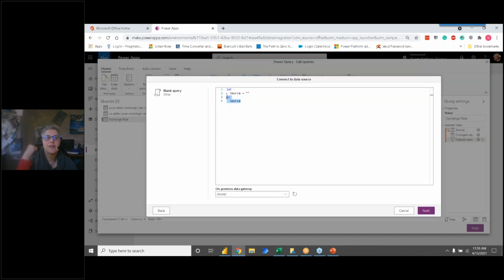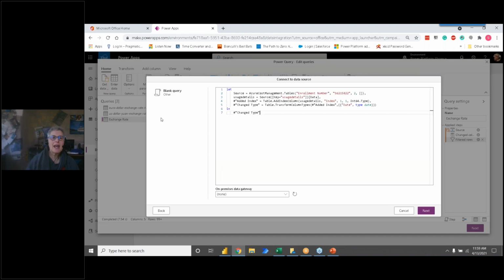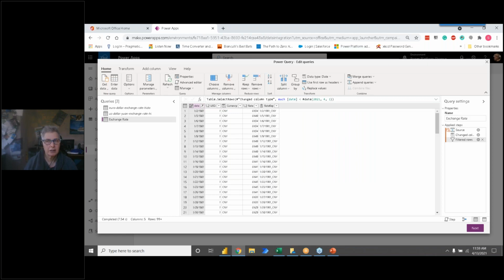And instead of what's on the blank query, I would paste this, which is from that Power BI workbook. And this is a technique I use a lot because the query editor in Power BI Desktop is faster by a long shot. However, you can't do it with on-prem sources. It can only be done with online sources. I hope that answers the question.